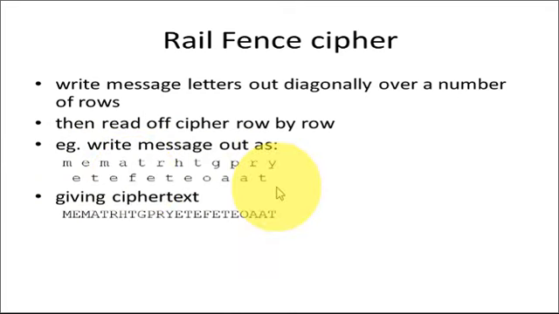So here instead of replacing letters, we are doing transposition, that is, rearranging the letters' positions. In this rail fence cipher, the plaintext is written in 2 rows. Then we first take the first row, then the second row. This is the message, and this is the ciphertext, rail fence.